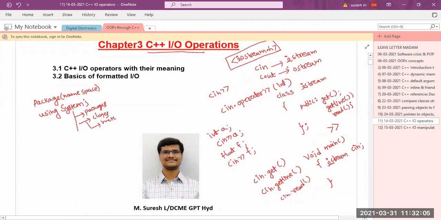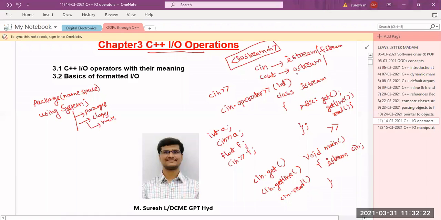that is the keyboard. Likewise we also have a class called fstream. We will discuss all this in detail. fstream is used to take the data from files. But if I want to take the data from only a single default device, that is the keyboard, then I use istream, because the default input device is the keyboard.